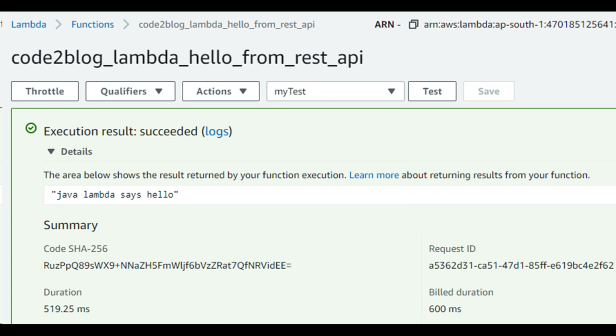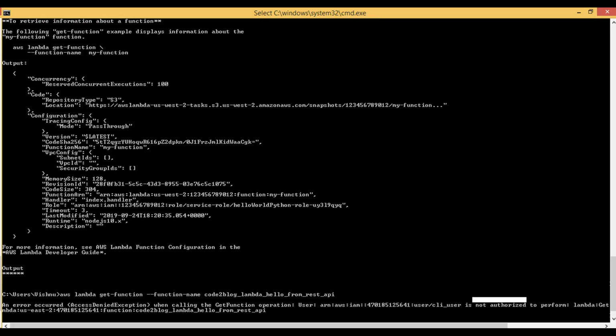Let's list the details of this Lambda with AWS CLI. Here is an example CLI call that I found in CLI help instead of installed on my machine. But when I executed the command, I faced not authorized error. Go to AWS IAM page, Identity and Access Management, and provide necessary access to your user.